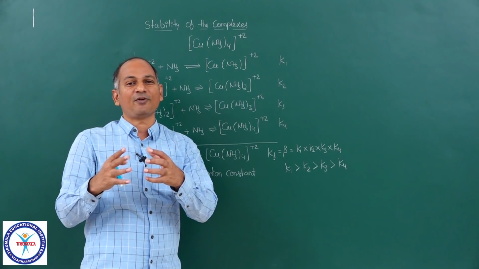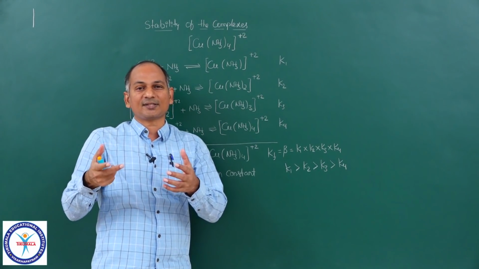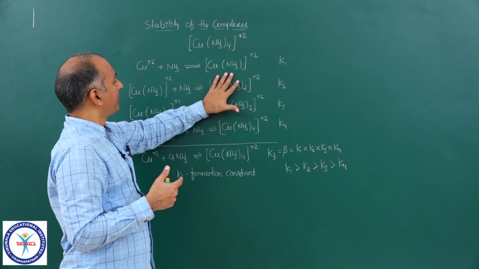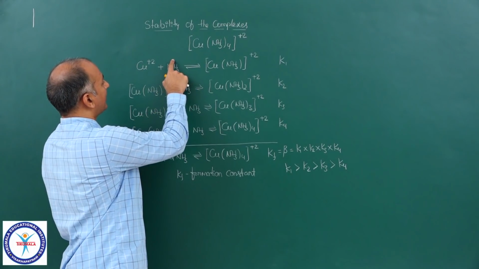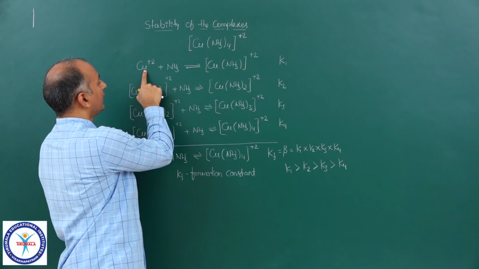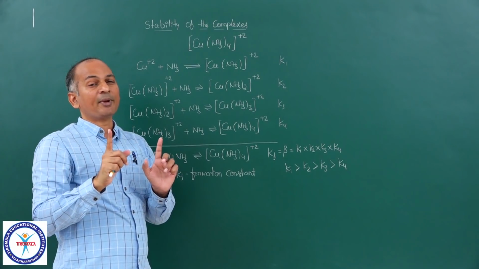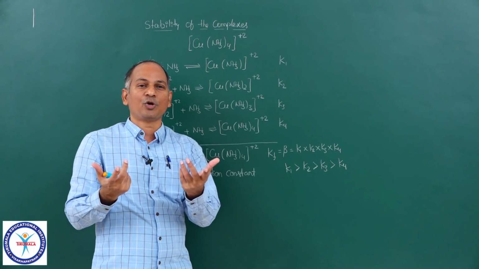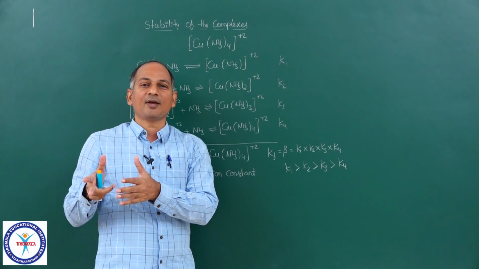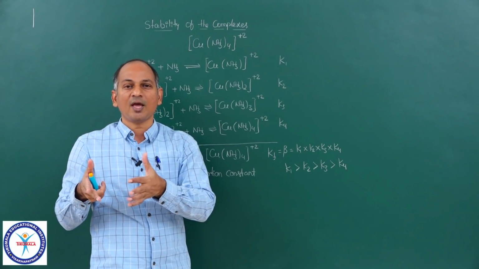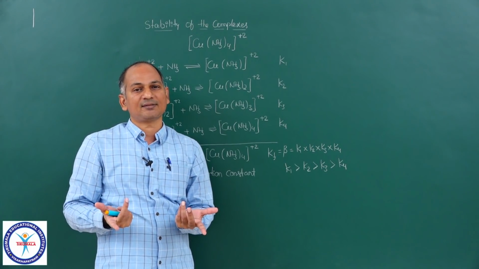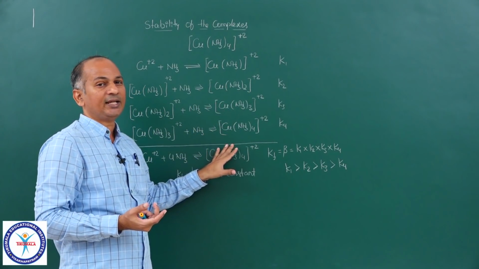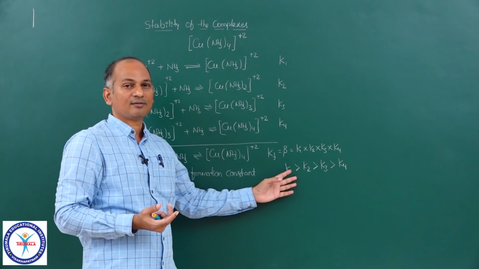So Cu plus 2 will have the highest tendency to accept the lone pair. But once one bond is formed, its lone pair acceptance will decrease, because charge develops. You all know in this complex we have plus charge on ammonia and only plus 1 charge on copper, because during coordinate covalent bond formation charges are developed. Acceptor minus, donor plus. So Cu plus 2 is the acceptor, so its charge will decrease from plus 2 to plus 1, so its tendency to accept the lone pair will decrease. So the equilibrium constants will gradually decrease. So it is logical. So this is one point.